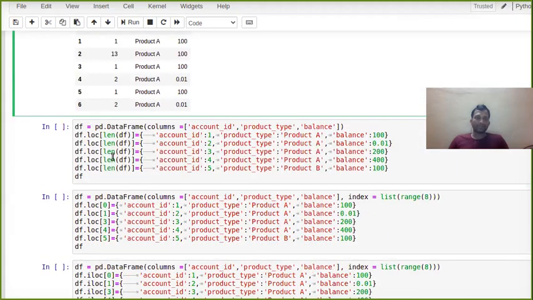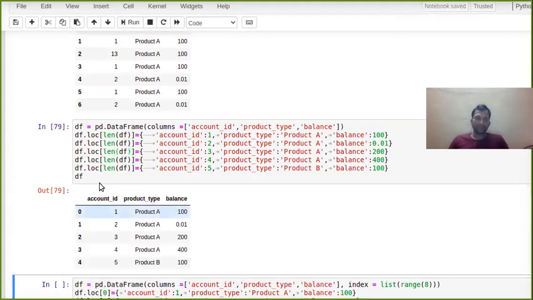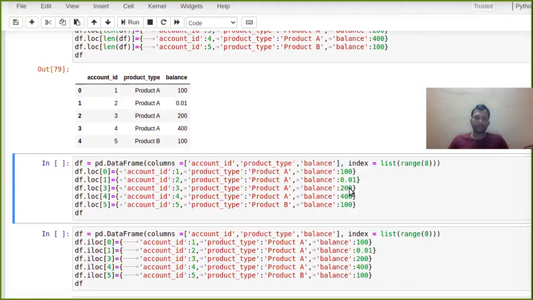So now let's come again, I created this one. Now you see, try to understand the output. Here by default it's empty, so length is 0. So at the 0th position it has given 1, product A and balance. Again here length is 1, so at the 1st position, because it's starting from 1, it's 2, product A 0.01. It's like that. Similarly at last, at the 5th position, it means index value is 4, they are going to store 5, product V, balance equal to 100.